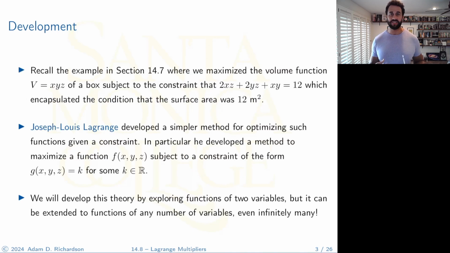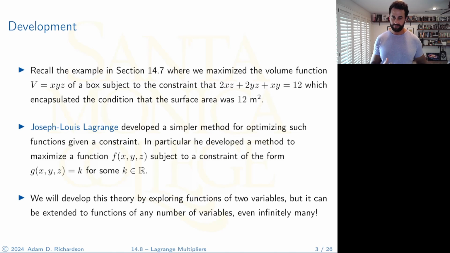So you might remember in the last section, 14.7, there was that question where we maximized the volume function of a box, and we maximized it subject to the constraint that the surface area had to be 12, and that constraint was given in the form of this equation right here, right? So this mathematician, Joseph Louis Lagrange, developed a simpler method for optimizing such functions given a constraint. In particular, he developed a method to maximize a function f of x, y, z subject to a constraint of the form g of x, y, z equals k